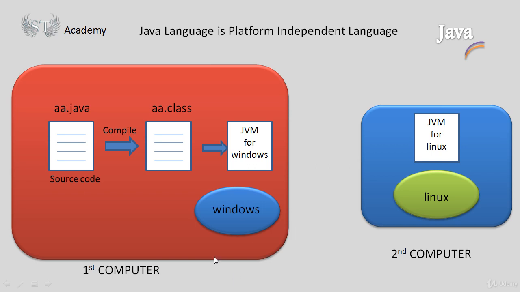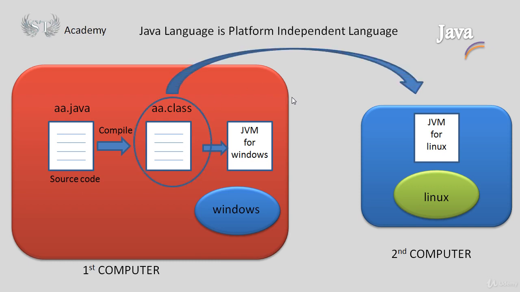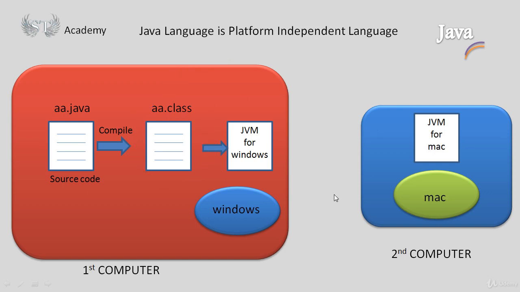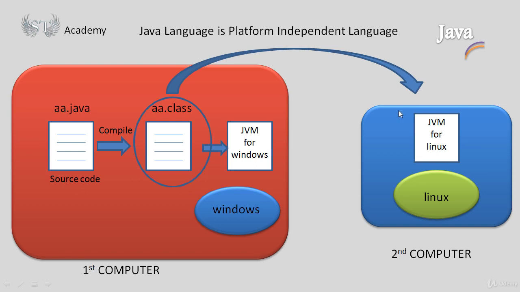Okay, now I want to run the same application, or you can say the same bytecode, on the second computer. So when I take this particular file, or you can say the application, to the second computer, and I want to run it, it can run easily because these are what? Neutral code. And here in the second computer, I need JVM for Linux. Here is Linux, so I need what? JVM for Linux. So once this particular file is sent to the second computer, which is having the operating system